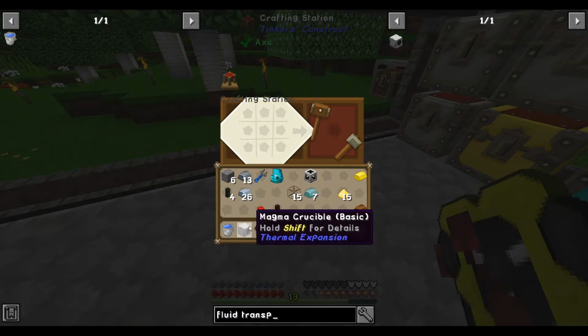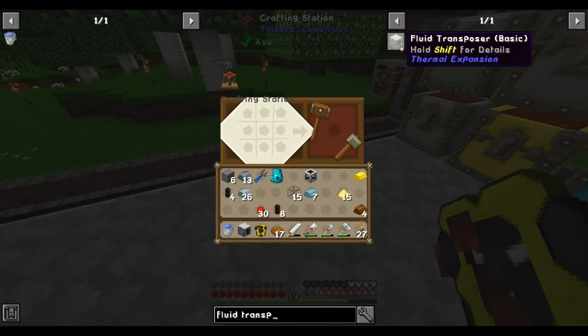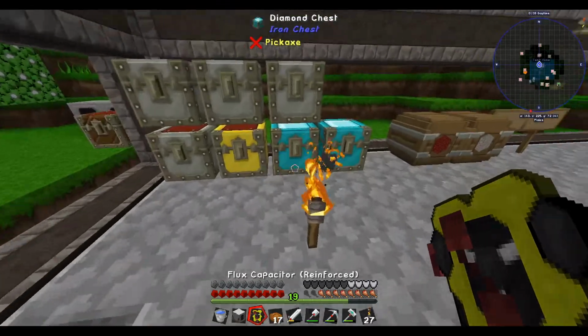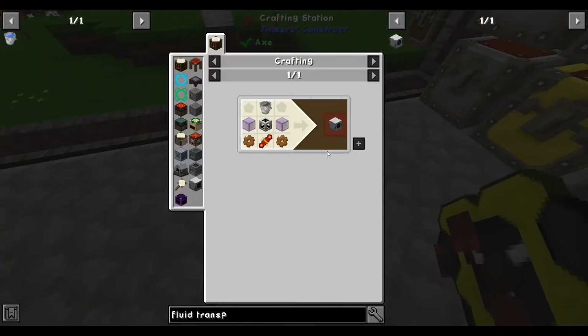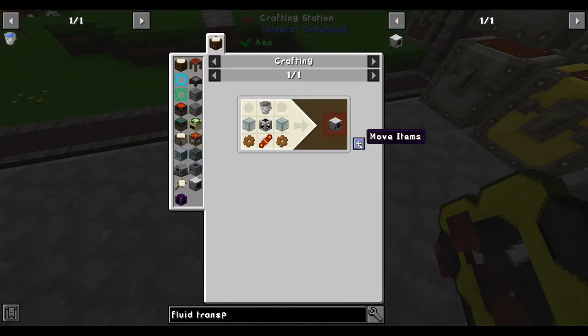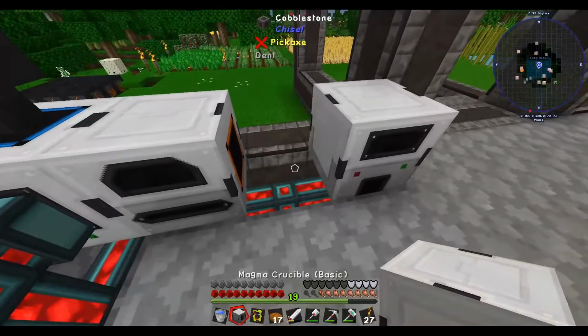Alright, so, like I said, the magma crucible breaks the object into liquid, and then this fluid transposer, which is also from Thermal Expansion, takes the liquid and you can put it into objects, so buckets and things like that. So, hopefully I have enough materials for this now. Have that. Let's go here, here. Okay, I'm missing pink. Pink. Get out of here. And pink. Okay, so now we have that. So what I like to do is...